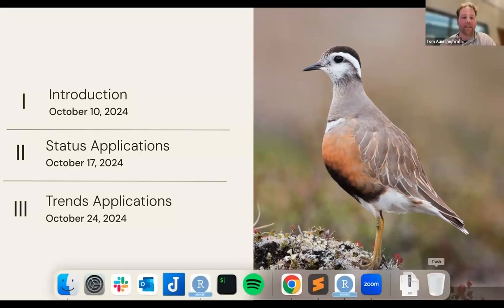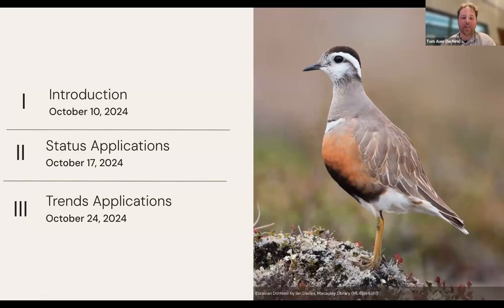My name's Tom Auer. I'm a lead geospatial data scientist in the Center for Avian Population Studies and help lead the status and trends production. My name is Andrew Stillman. I'm an applied quantitative ecologist here at the Cornell Lab of Ornithology, working on the conservation team. My job is to take the outputs of status and trends modeling frameworks and make them really useful for bird conservation. I work across a number of different wildlife agencies here in the US.